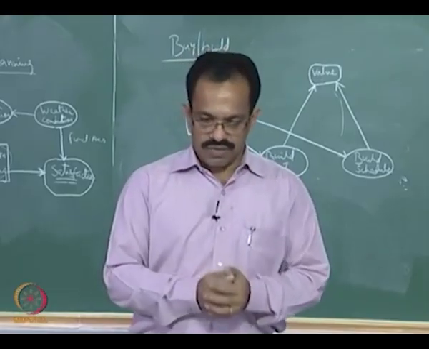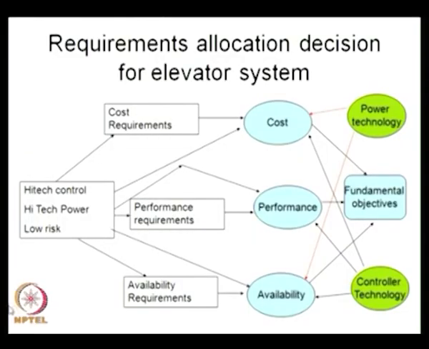So in this case, what is shown in the diagram, you can see here that the designer is basically looking for a high tech control or a high tech power, but of course the low risk one. So that is the decision to be made: go for a high tech control or a high tech power. So you can see here that the main decision box has got three parameters: high tech control or high tech power, and then the three chances. Any decision we take over here is going to affect the cost, performance and availability. So these are the three chance nodes we have here. So this is a decision node, and this is the chance node, cost, performance and